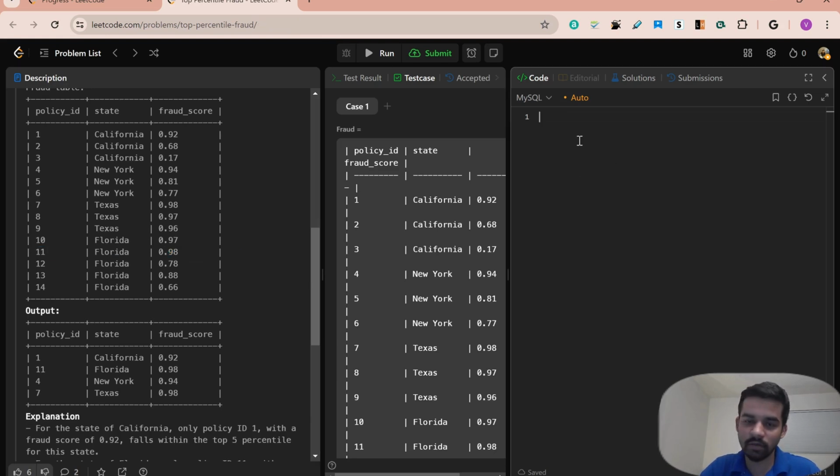So let's solve it. For solving this question, I would be using two things: the dense rank function and a common table expression. So select policy ID, comma, state,